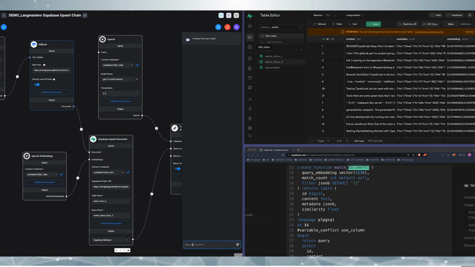And now I will ask a different question. Let's say, is it possible to create an operating system using just JavaScript and TypeScript? We have reset this chain, added a third source, and it's sending the data into Supabase, creating the vectors,